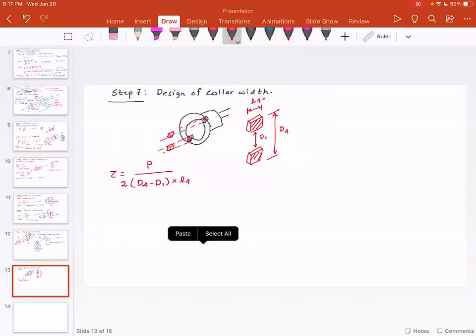Because please note, there is shear failure here and there is shear failure in the back. So in this, the value of D4 is known, the value of D1 is known, the only unknown is L4, and with this you should be able to find out the value of L4. Next step